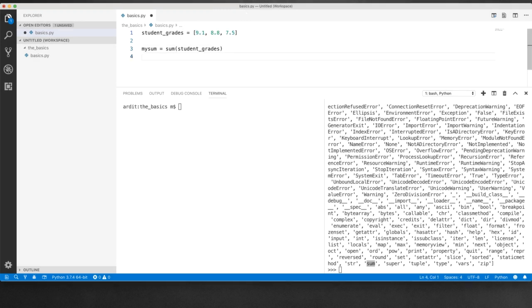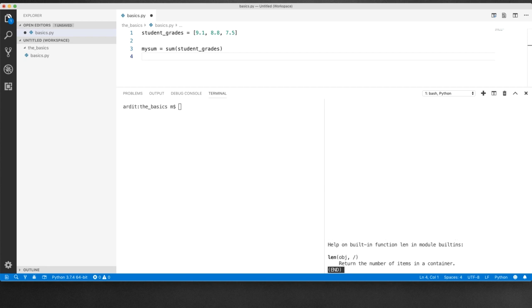And then we want to count how many items there are in that list. So do we have a count something there? Maybe not. Well, I know there's no count method. But we have this len, which means, you can check what it means. Return the number of items in a container. So a list is also referred to as a container. Let's say length equals len